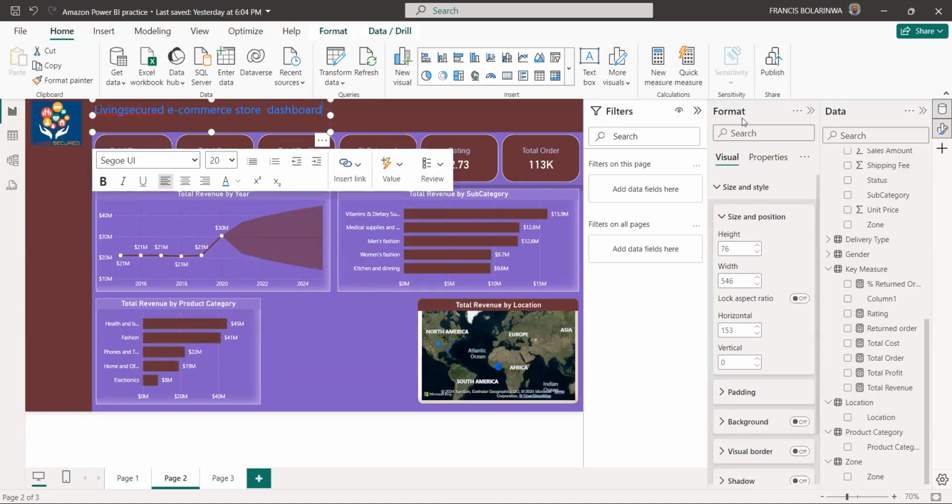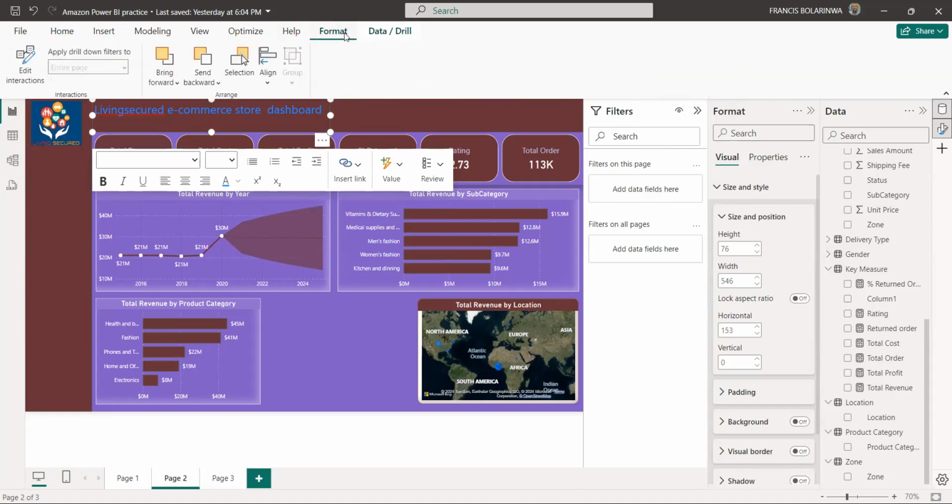At the ribbon page where you have format, after help, at the ribbon at the top, you have formats. Just like the way we have it in PowerPoint, you can send it or bring it forward.